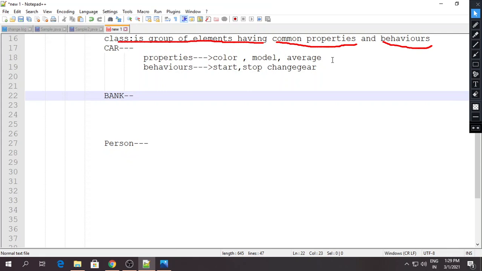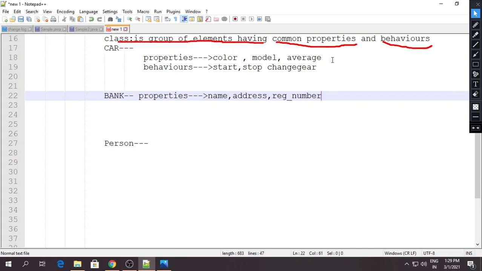Properties of the bank are the name of the bank, then the address of that bank, then a registration number of that bank. There can be a number of properties, but we are taking 2-3 properties for understanding.